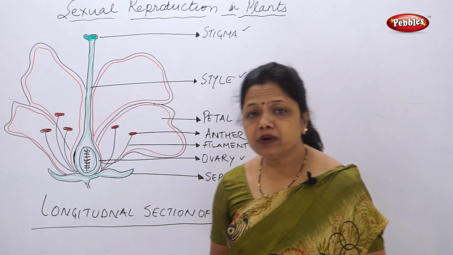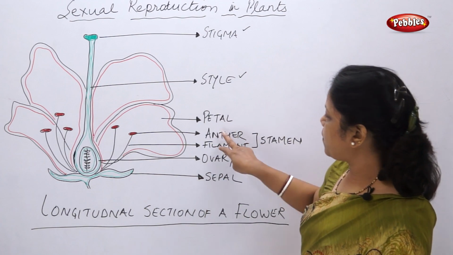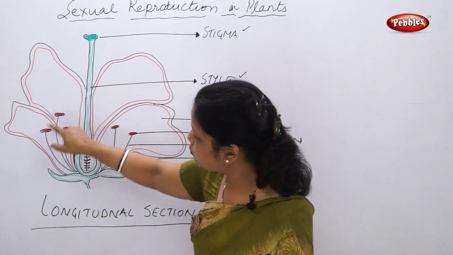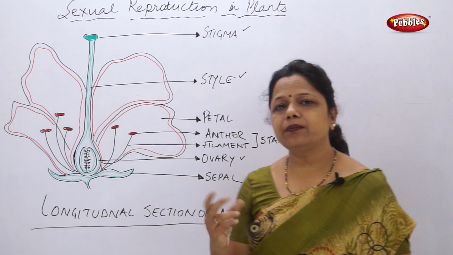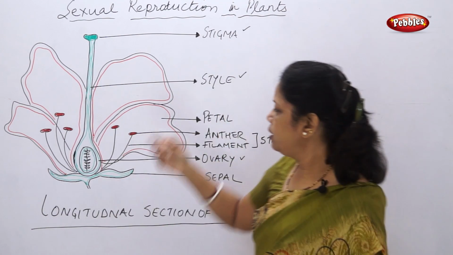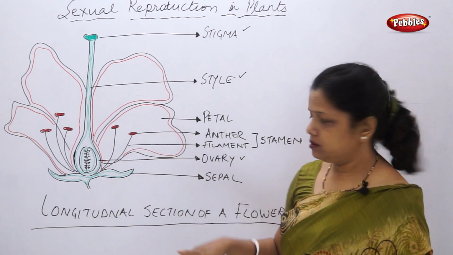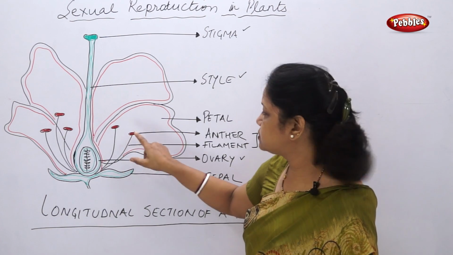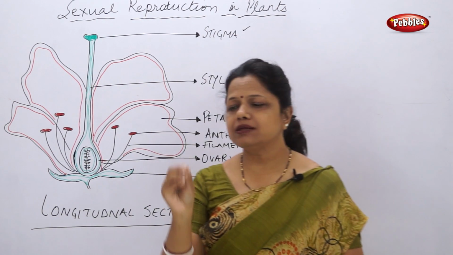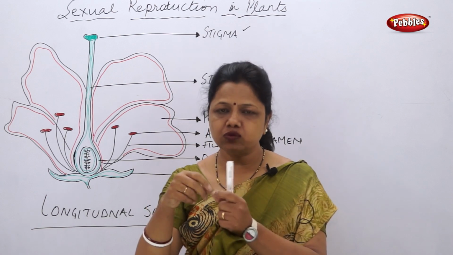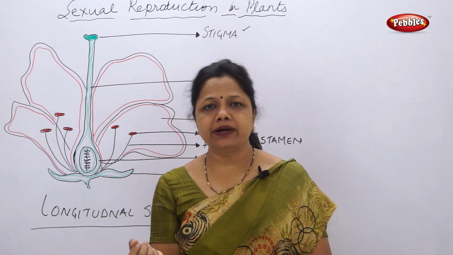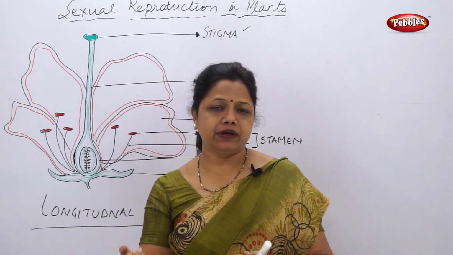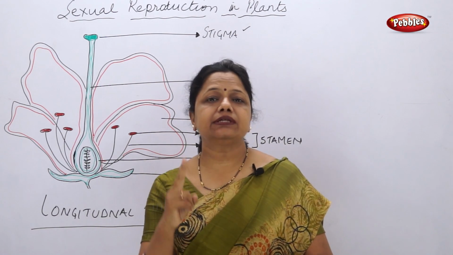What about male reproductive organs? There are two parts of the male reproductive organs. You can see I have drawn these red colored pollens. These pollens are present in each flower. These have two parts. One is anther. The red colored head which is seen is called an anther. This anther has two lobes. Lobes means two divisions. If I want to separate it, I can separate it, like you can see in beans, it can be separated. Peas, it can be separated. That means it has two lobes.